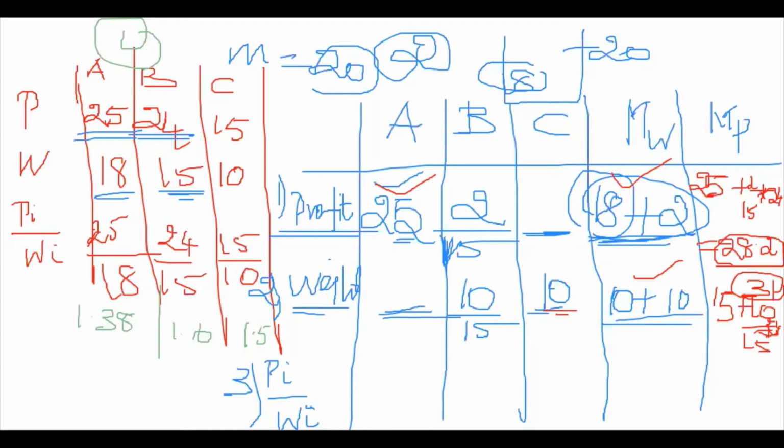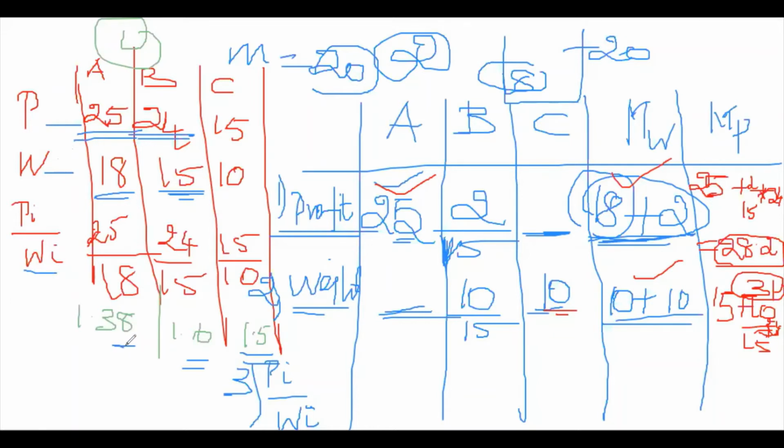So what is the maximum one out of these three things you are choosing for? Here you can check the ratio. The first one is PI by WI, 1.38. Second one is 1.6. Third one is 1.5. It's correct. This is the third criterion: profit by weight. First one is maximum profit, weight of minimum, and profit by ratio of maximum to minimum.